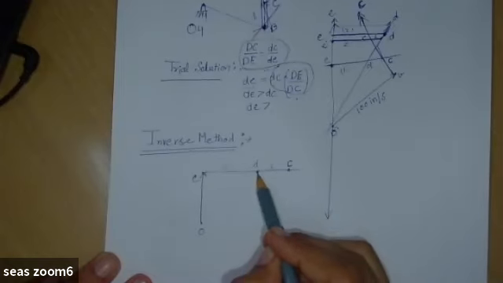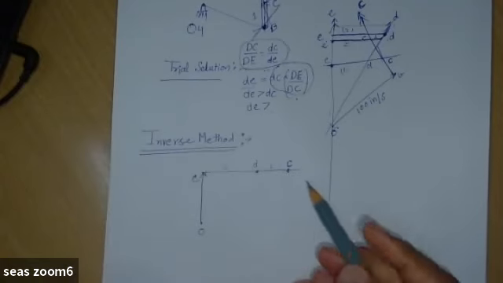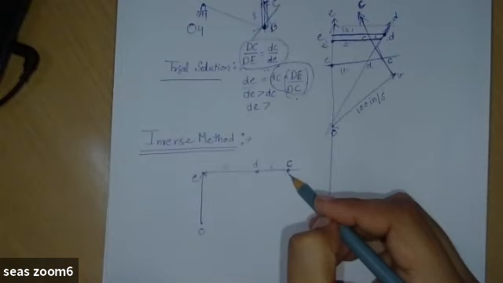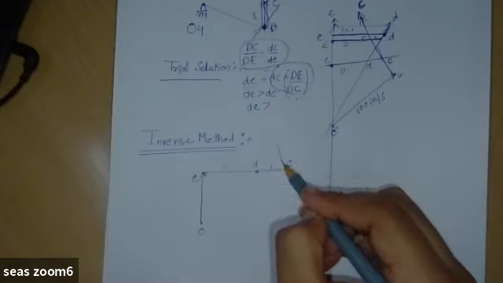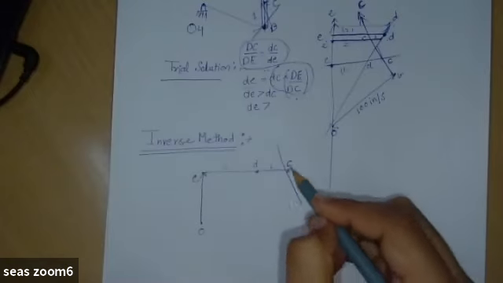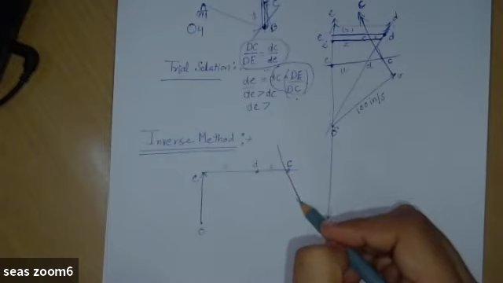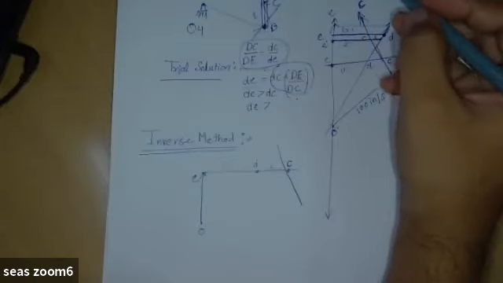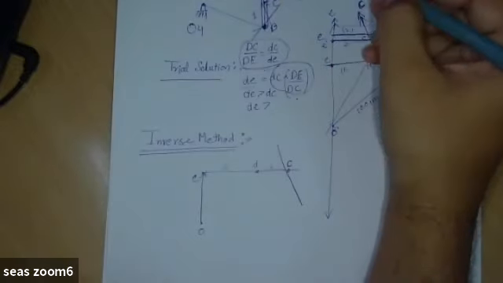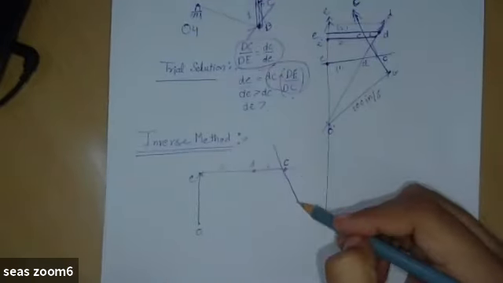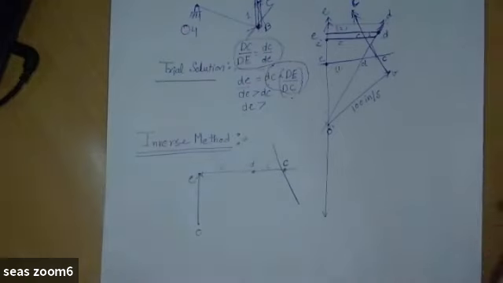So, now we know the point D and we know the point C. From point C, in order to find point B, we just draw a line which is perpendicular to link O1B, because we are trying to find the point B. Sorry, which is perpendicular to CB. Okay, so I have just drawn a line in order to find B, and this line is perpendicular to link CB.